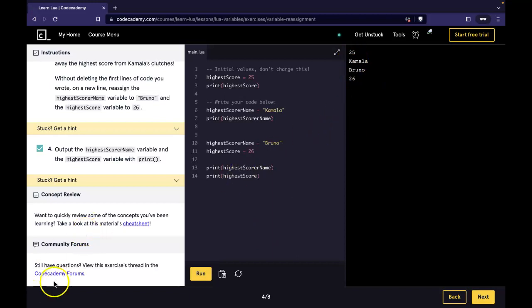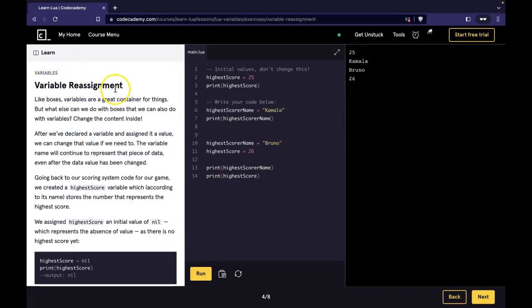That's probably it. So variable reassignment, we basically learned we can have a variable and later on we can make changes to that variable. As it says, the important thing is to really pay attention to what the data type is going to be once you change it. You want to stay consistent or else that might cause